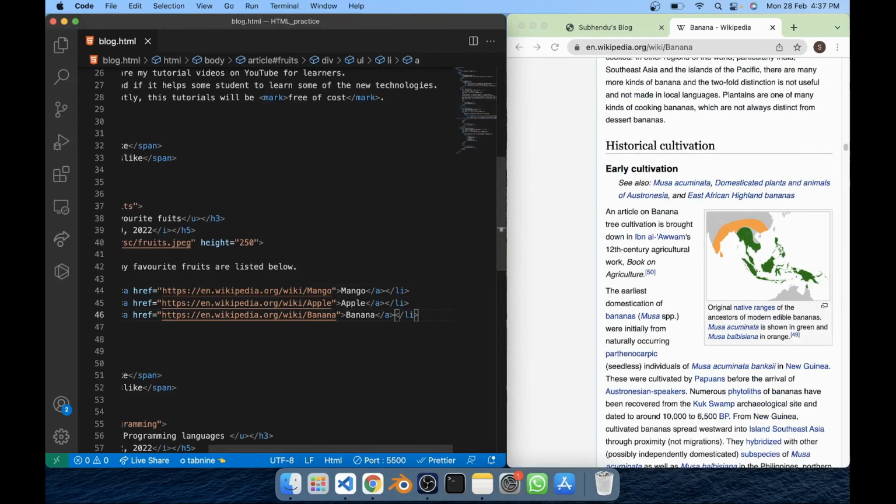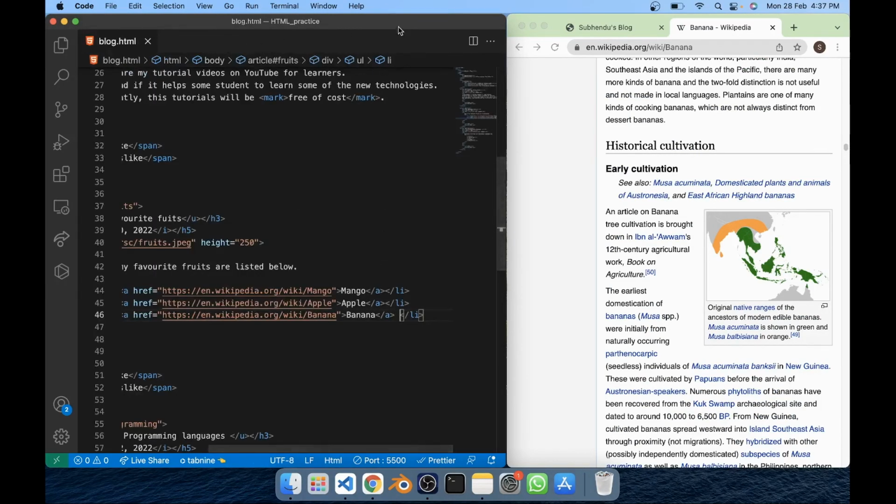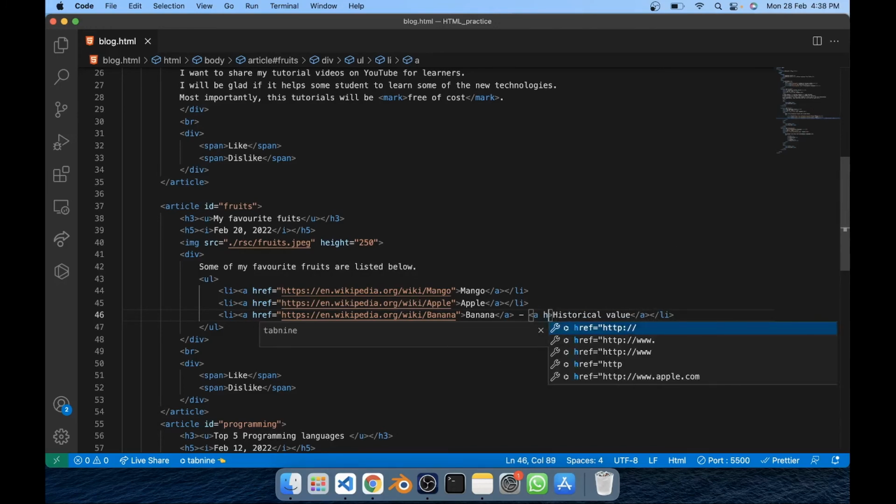So to do that, I am creating one text, put a hyphen and historical value. Now I want to create a link with this text. Now put the attribute href,